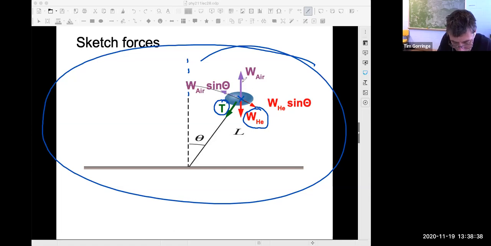And then thirdly, as we know from last week, the helium balloon is in the air. It's displacing air. There'll be a buoyant force, FB, that's equal by Archimedes' principle to the weight of air that's displaced. And that's trying to lift the helium balloon up. And so red, green, and magenta are the three forces acting on the pendulum. There's the force of gravity on the helium in the pendulum. There's the tension force in the string on the pendulum. And then there's a buoyant force. So those are the three forces that are acting.